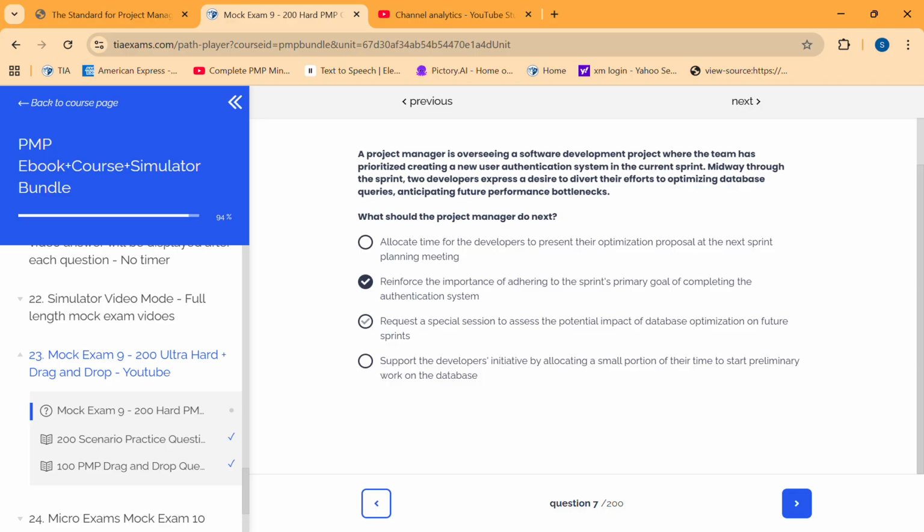Request a special session to assess the potential impact of database optimization on future sprints. Support the developer initiative by writing. I think we should reinforce the importance of adhering to the goal of completing the authentication system. Yeah, obviously we don't need to divert our efforts to some other thing, as per me, but let's see what